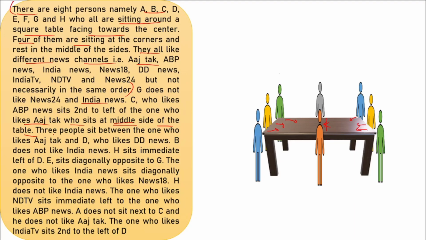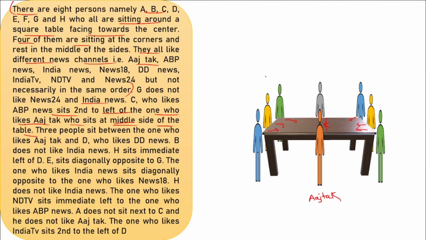Okay, one concrete piece of data has been provided to you, and it is Aaj Tak. Aaj Tak is the guy who is sitting in the middle. So let's say that this orange guy is the person who likes the Aaj Tak channel, okay? And what related information is provided to you? It says that ABP News sits second to the left of the one who likes Aaj Tak. So if this guy likes Aaj Tak, second to the left would be this yellow guy, because all of them